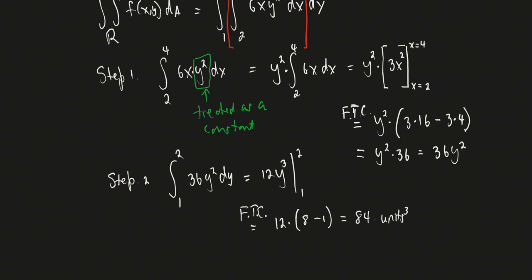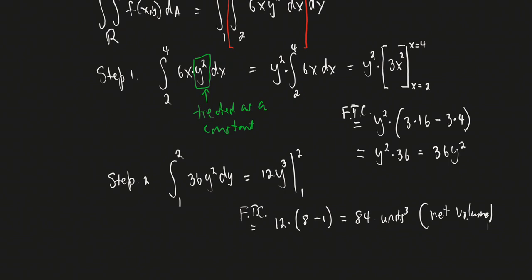right? Now, if we happen to know if the surface is always positive over this rectangular region, then of course we don't have to refer to it as a net volume. But just to be safe, because it's hard to tell just by looking at some of these surfaces whether things are positive or negative, we can go ahead and refer to this as a net volume, right? So that's the process. Now, we could have done this problem the other way by doing dy and then dx,